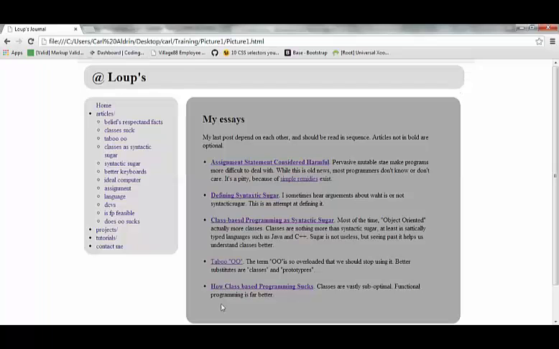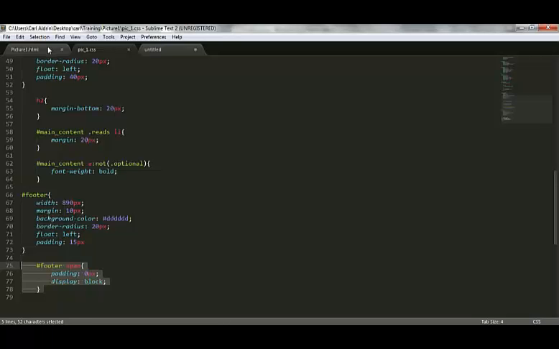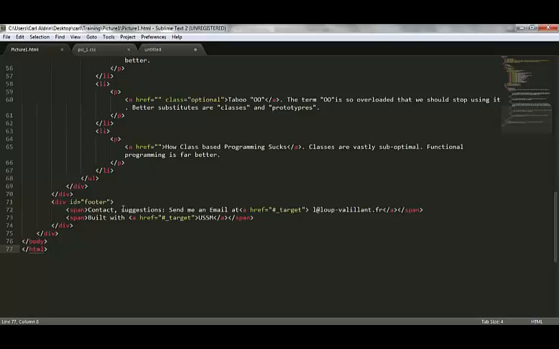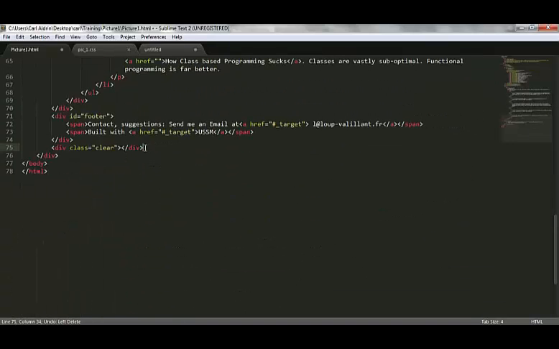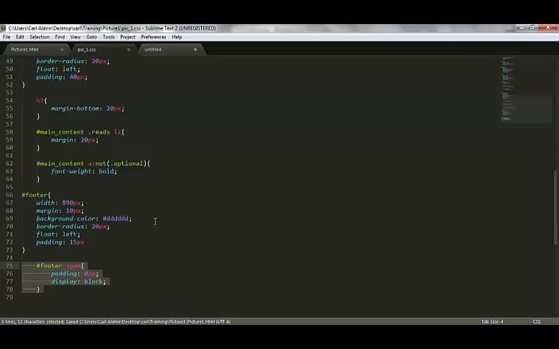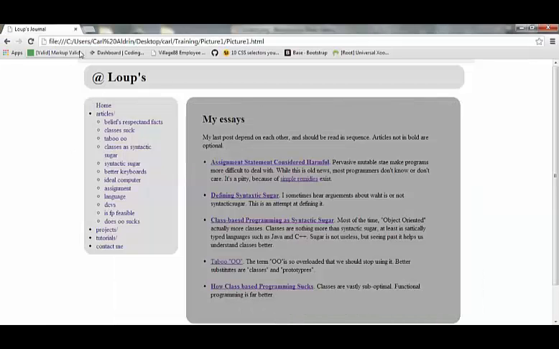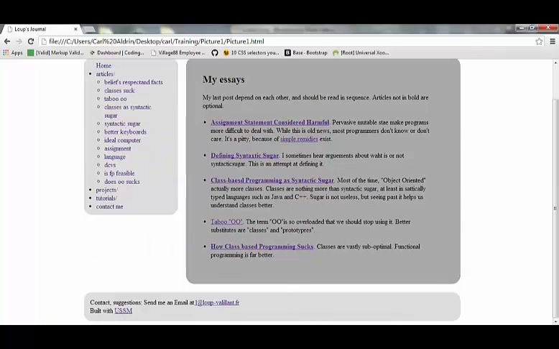So, we need another element to neutralize this. This is the clear both or the clear element. This element would tell the wrapper that it has something to contain.